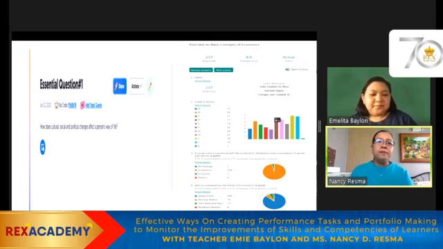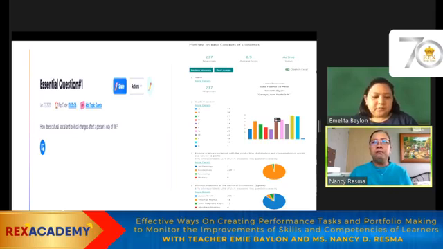Okay. So it has always been part of our procedure in our school, whenever we write our modules, to introduce to the students the essential question. So for some, siguro they don't see the importance of giving time in discussing this with the student. But for me, I've seen the effectiveness of leading the students to the essential question.